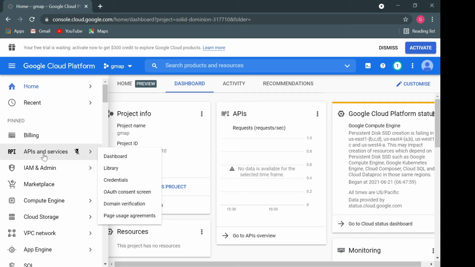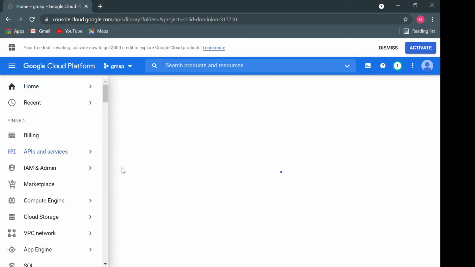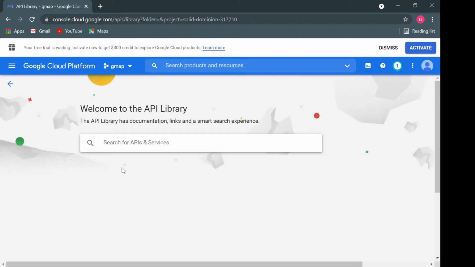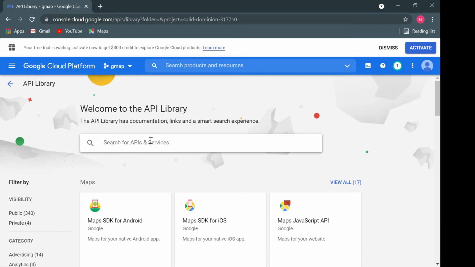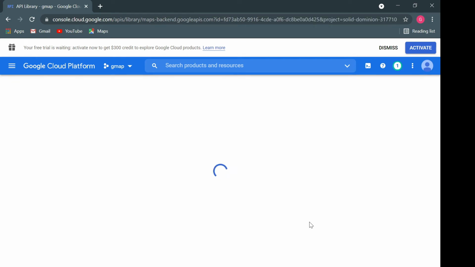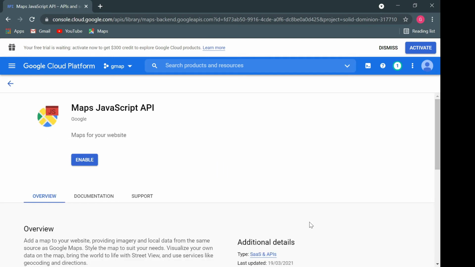Now go to API, click on library, and you have to activate some of the APIs which I have mentioned in my description. So this Maps API, you have to activate it, and likewise you have to activate the rest of the APIs mentioned in the description below.